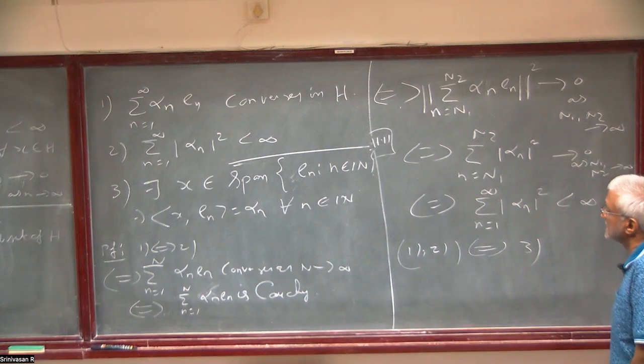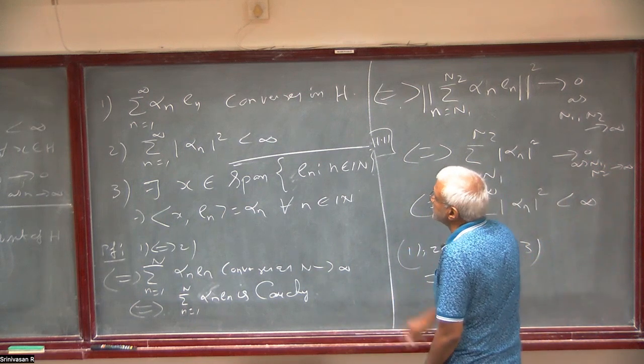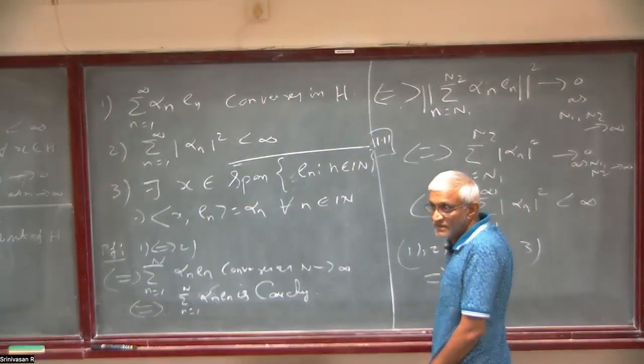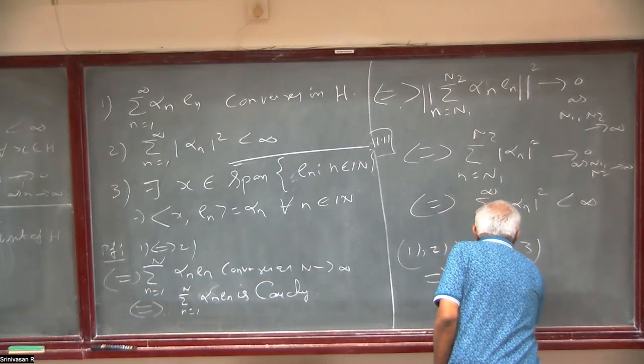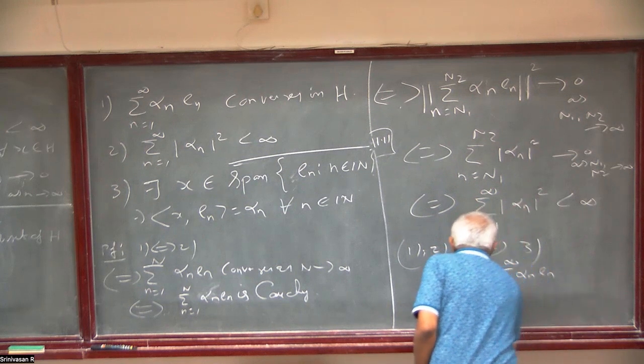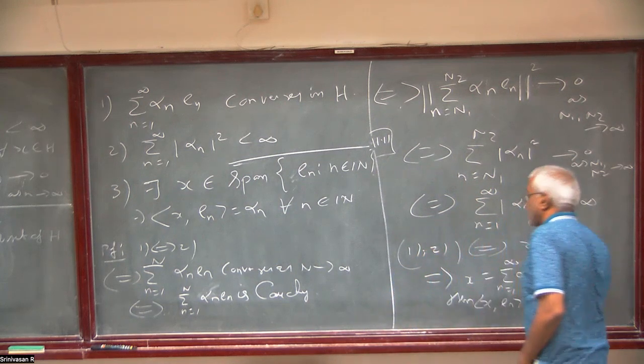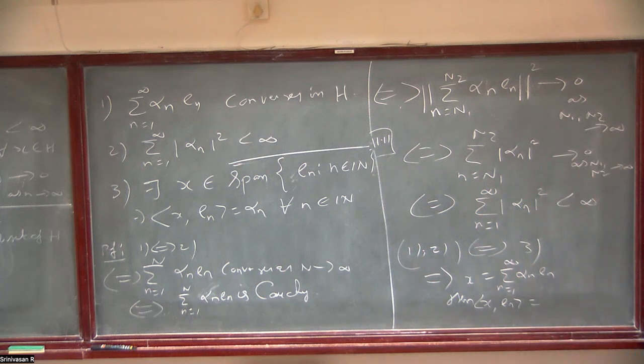First one is there exists an x such that; first we want to prove this implication. Suppose this converges, summation alpha n squared. Then call this x equal to summation n equal to 1 to infinity alpha n En. Then x, En, of course, if you take the inner product,